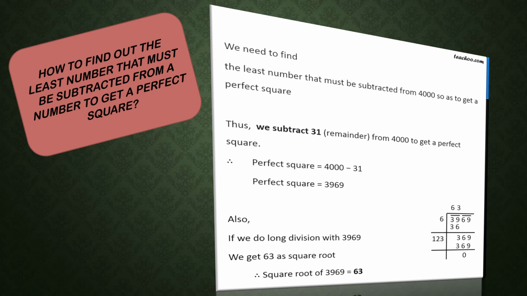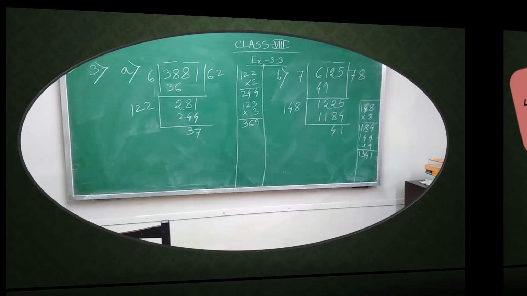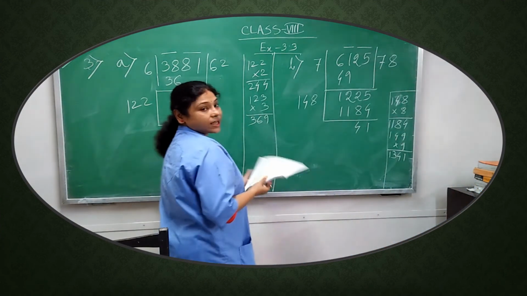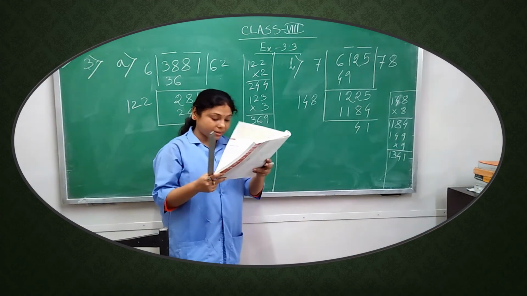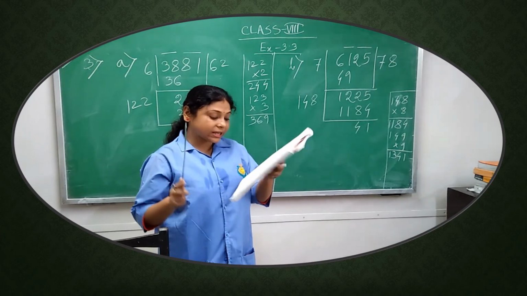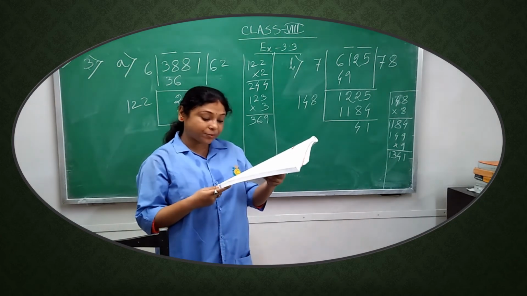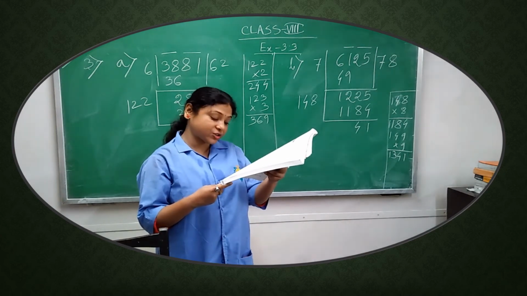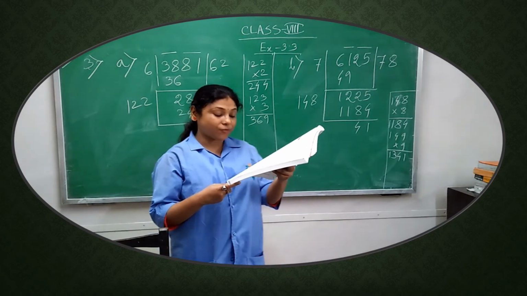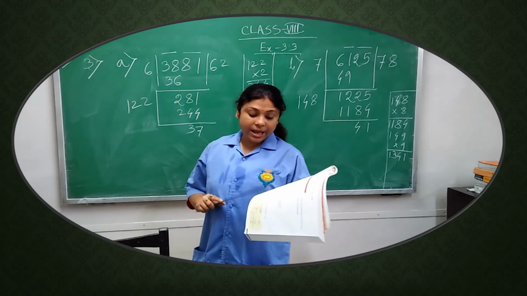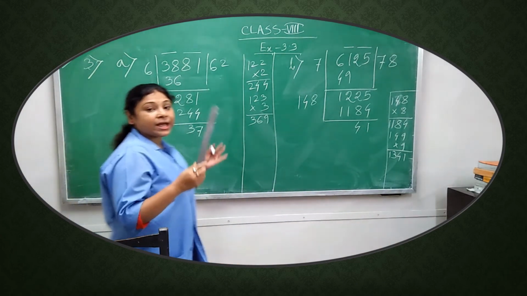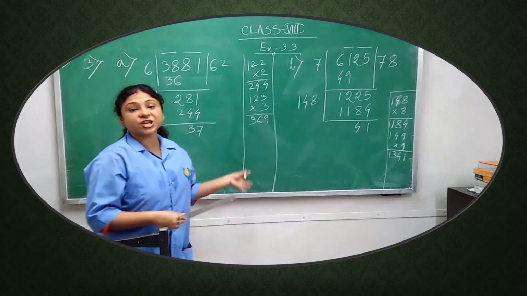Now let's start the sum. Good morning, students. Exercise 3.3, sum number 3. Find the smallest number that should be subtracted from the following numbers to get a perfect square. Find the square root of the perfect square. 3a, 3881. First sum. Please do this by this method, the division method. Don't do